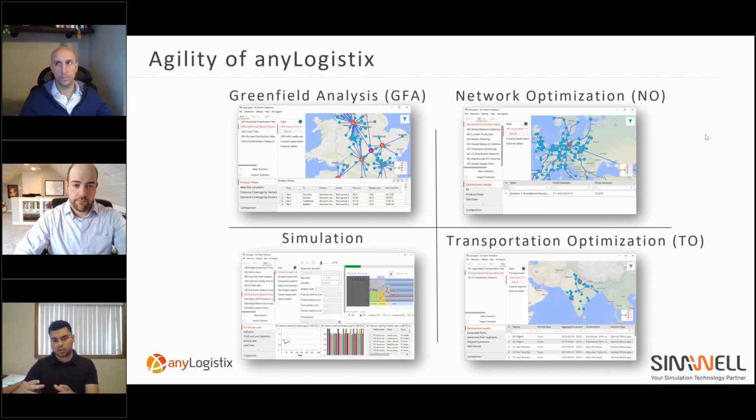So you're going to be able to see how it's most likely going to perform over time. A lot of companies use it for what-if scenarios because you can see in a virtual world everything that's going to happen instead of seeing it in the real world. With the digital age, you can now put in scenarios and not have to actually do it in the real world, right, and spend that time, investment, and money. So obviously simulation helps nowadays. And last but not least, transportation optimization, which is finding your milk runs or last mile deliveries, and using your fleet size as best as possible.